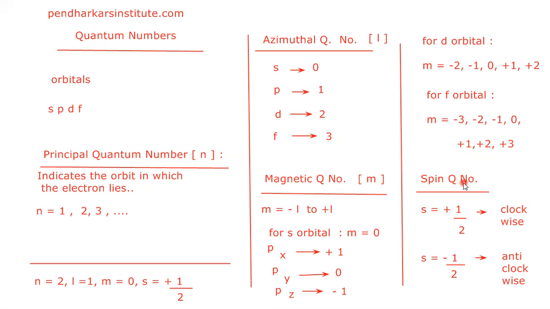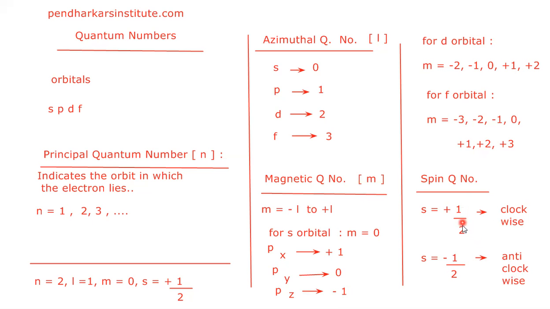Then spin quantum number. Now every electron, we believe that every electron in an atom spins about its own axis, or spins, actually a little difficult because electron does not have an axis, but it spins, and it can spin in clockwise direction or it can spin in anti-clockwise direction. So we indicate the two directions of spin by spin quantum number. s equal to +1/2 indicates that electron is spinning in clockwise direction. When we write spin quantum number s as -1/2, then minus indicates that electron is spinning in anti-clockwise direction.